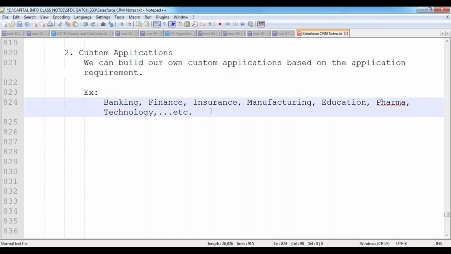So what are the custom applications that we have built? Suppose, for example, today we are building a banking application. After that, we'll start utilizing this application. In future, after some time, if you want to add some additional enhancements to that application, can we do it? Yes, because the custom application is developed by the administrator or the developer. That means we are the administrators, we are the developers. If I'm developing it by my own, then who is the owner? Myself. So as the owner, I will have full control over that.